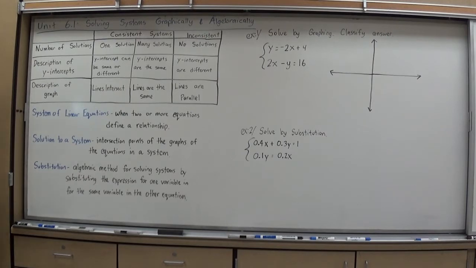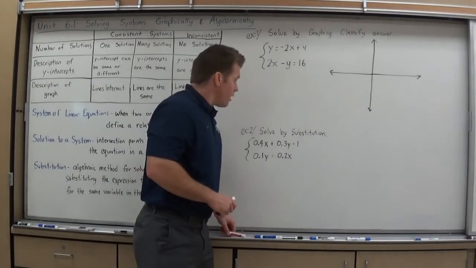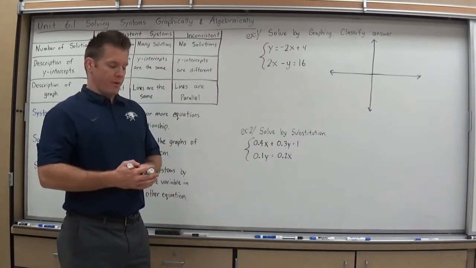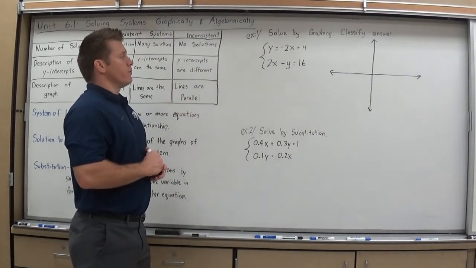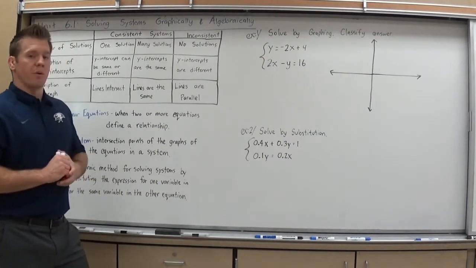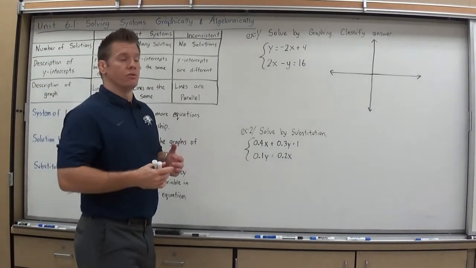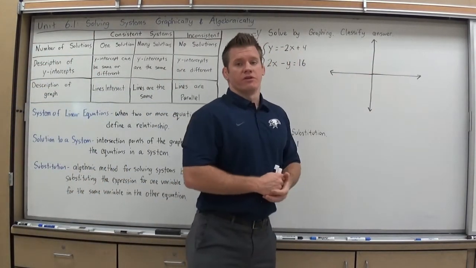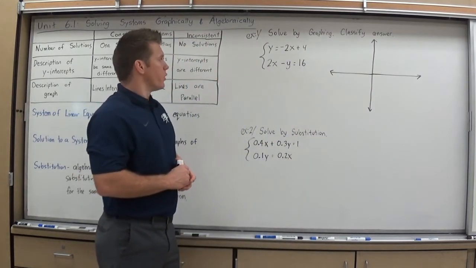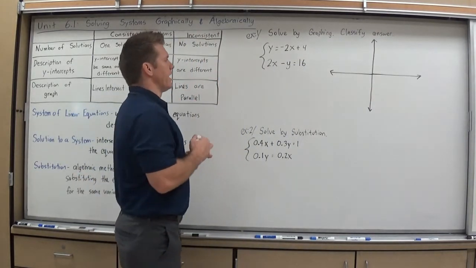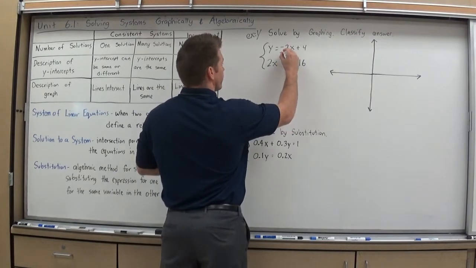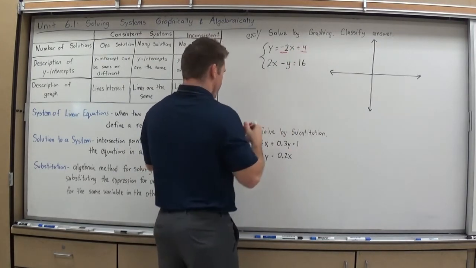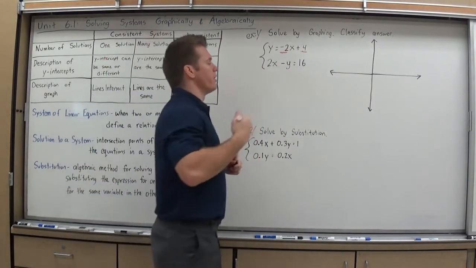Okay, let's jump right into some sample problems and let's try solving by graphing. So the first one I gave you is y equals negative 2x plus 4 and 2x minus y equals 16. I'm just going to graph each of these two lines individually onto the same coordinate plane and hopefully find their intersection point. So the first one, y equals negative 2x plus 4, I see I have a slope of negative 2 and a y-intercept of 4. So I'm going to graph that using slope and y-intercept